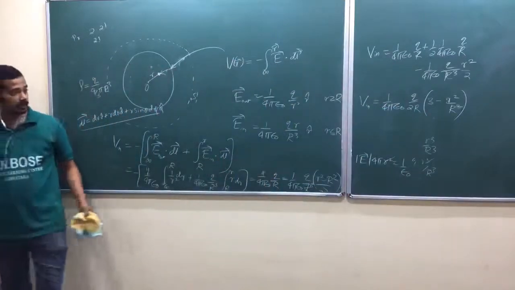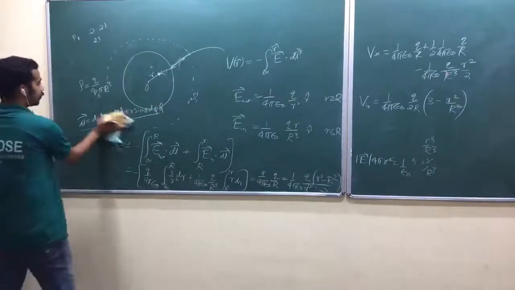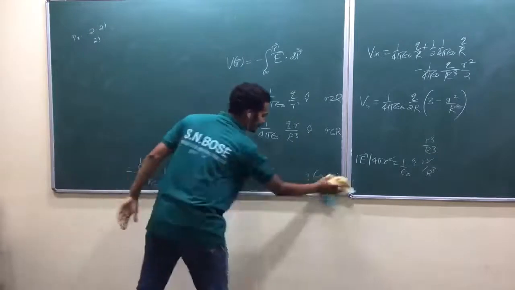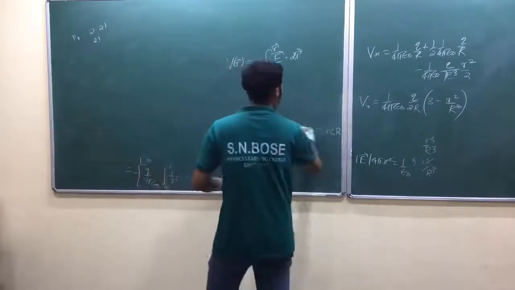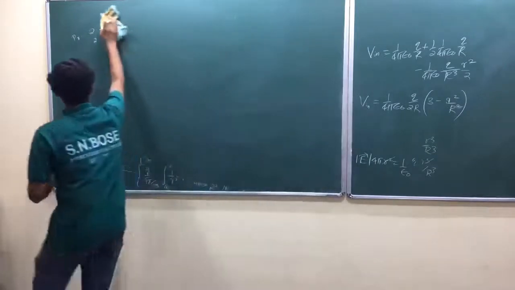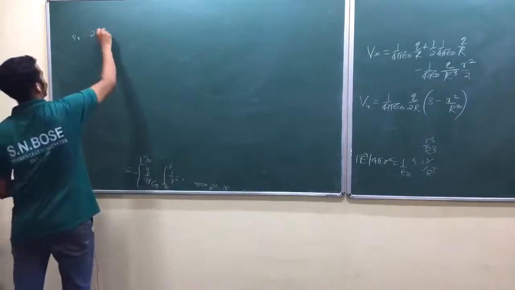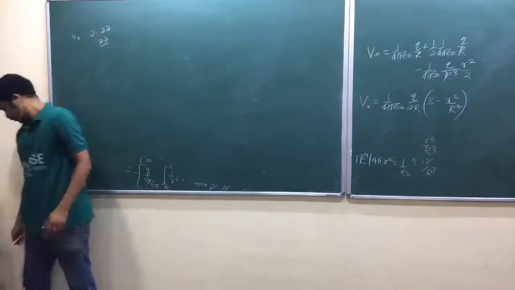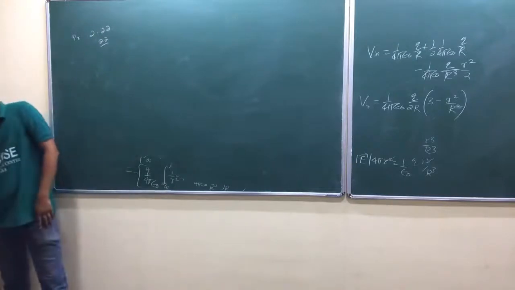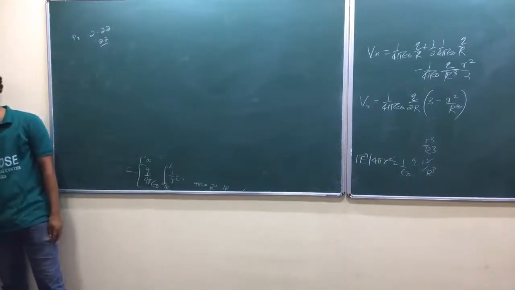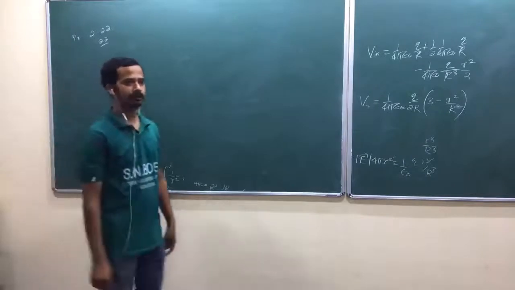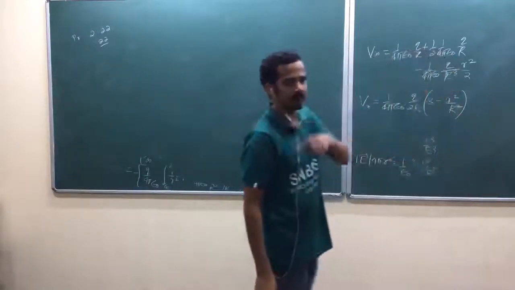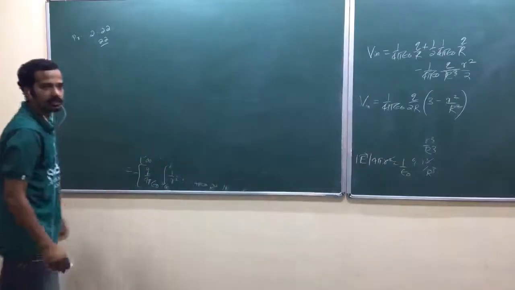So the second one, we shall do as the next problem. That's the best idea, because that is an infinite charge distribution, and we haven't applied Gauss law for exactly this problem. So the second one, the 22nd problem: find the potential at distance S from an infinitely long straight wire. Here we have a problem. Why? It's not a finite charge distribution, isn't it? We can't take infinity as a reference point.